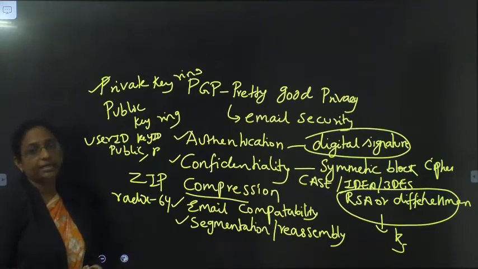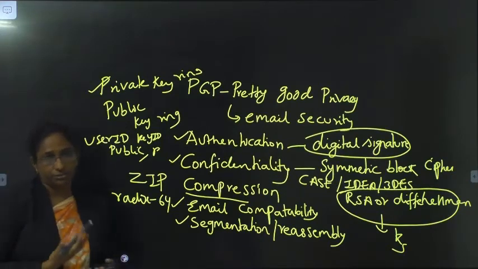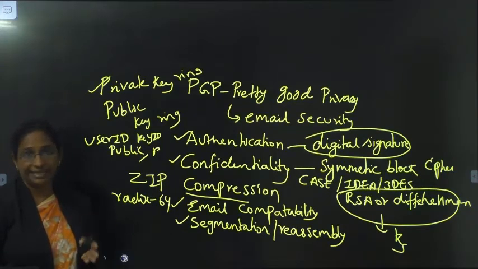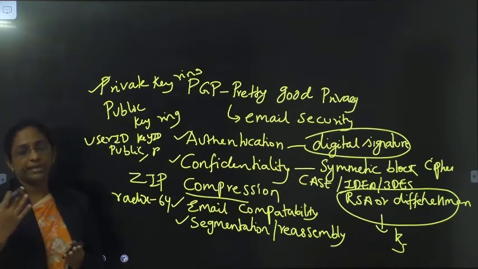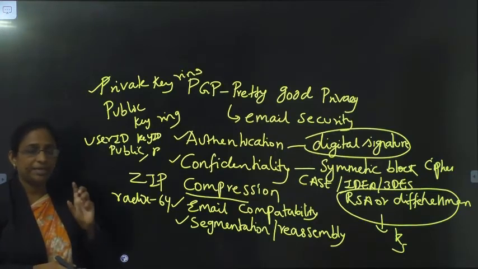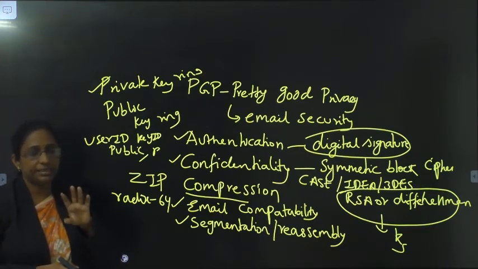Similarly, we have the public key ring, where we have the user ID, which stores the email address of that entity, and then the key ID, which stores the least significant bits of the public key. We will also be storing the public key, since the public key is known to all. Since the public key can be announced, there is no need to encrypt it; it will be stored directly in the public key ring.